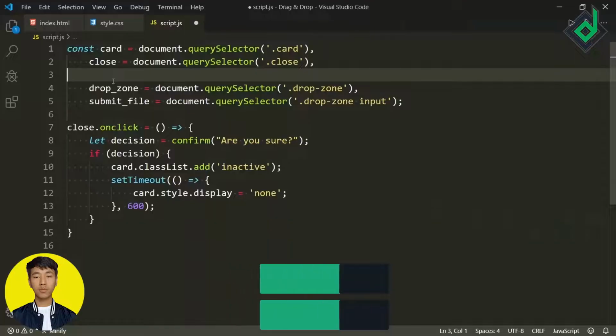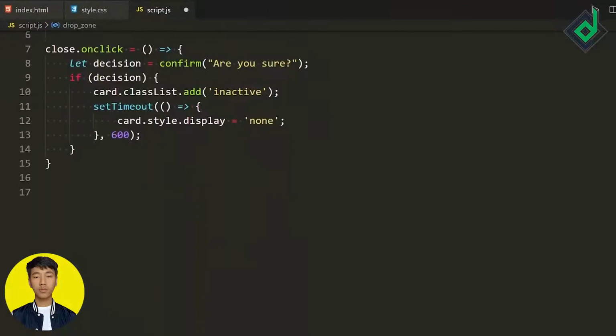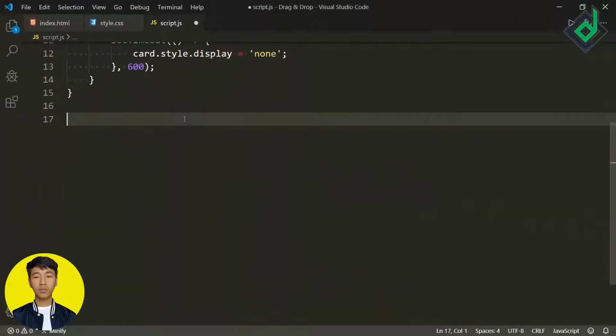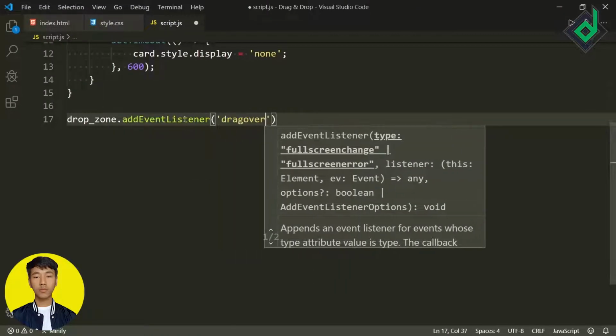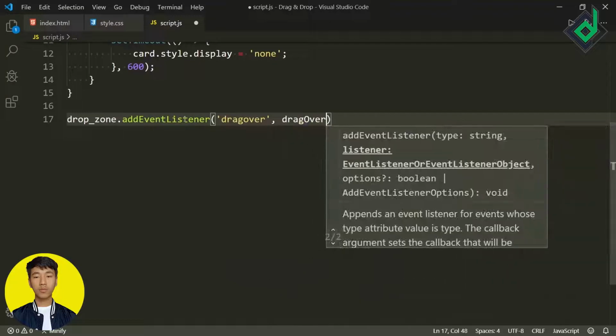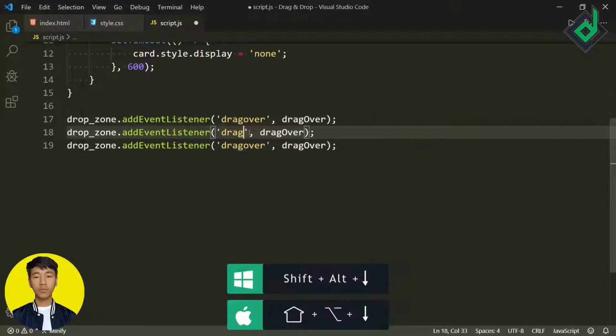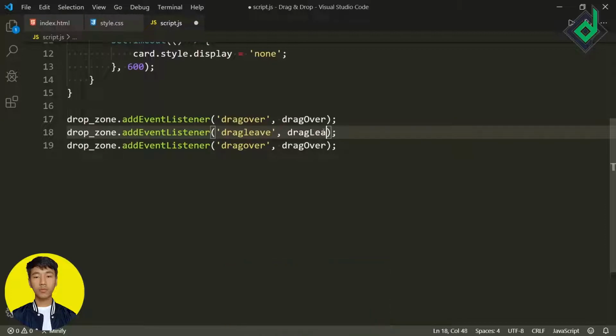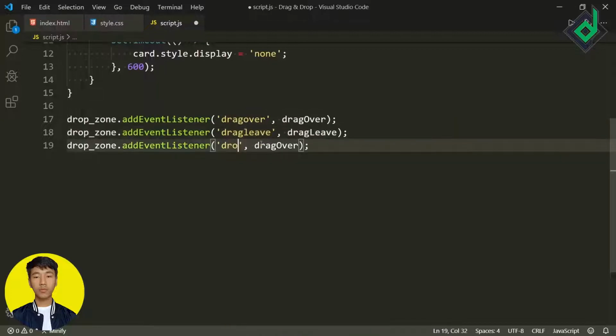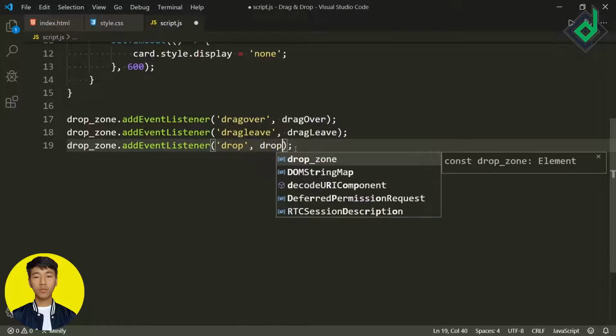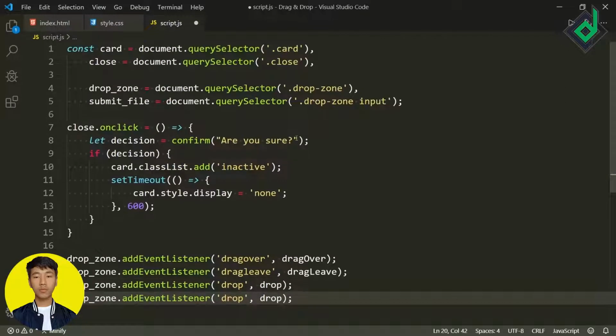Now let's give some different events for the class name dropZone. For the class dropZone, let's add the event listener. I'm listening to the dragover event, and for the second parameter, let's give dragOver. Let's duplicate it two times, and let's change that dragover to dragleave. I'm changing simultaneously, okay, and also we'll give the drop event. Now let's duplicate this code. Now it's time to add the event for that input element.